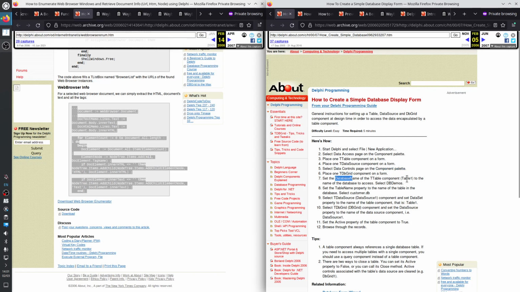For table 1, T-table, set the property database name to the name of the database to access, dbdemos. Table name customer.db.